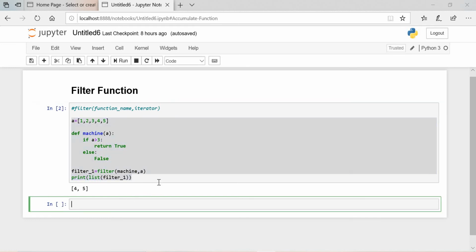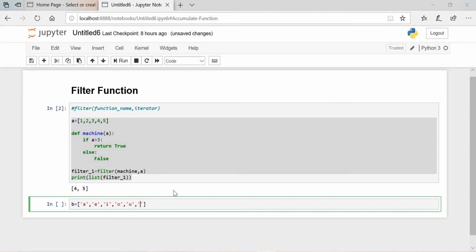We'll take one more example with this filter function. Let's consider a, e, i, o. See, everyone knows the vowels, that is a, e, i, o, u. I have passed in this iterator, in this list, a, e, i, o, u, that is vowels.